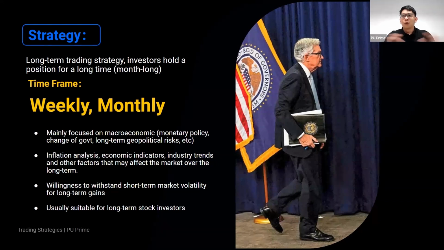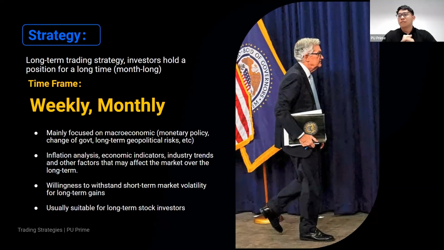So if you hold this for long, at the end it will be very stressful as well. Okay, so using this position strategy requires you to focus more on the macroeconomy. We have to know what kind of monetary policies the government is adopting, and the long-term geopolitical risk, for example, the relationship between the US and China, and the relationship between Russia and the European countries, things like that. Okay, we have to know what CPI is, what PMI is, and a lot of economic